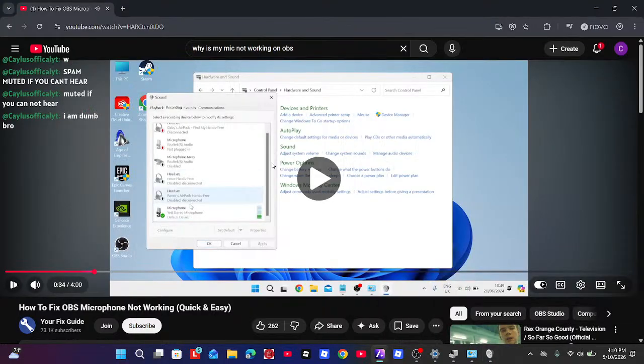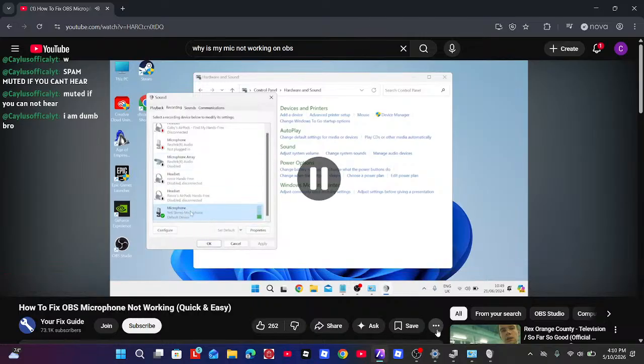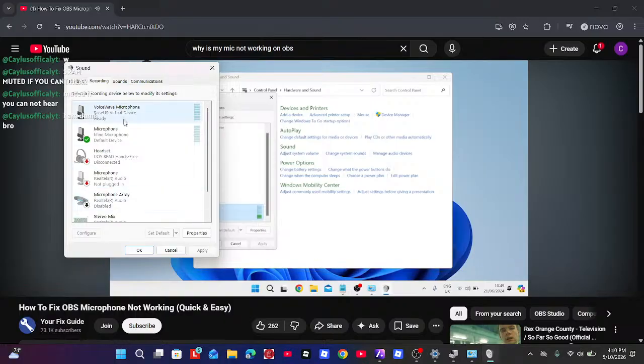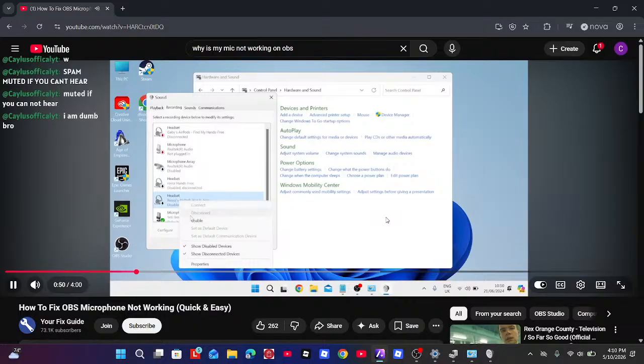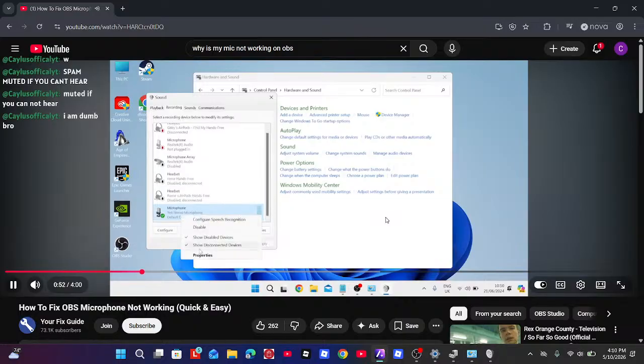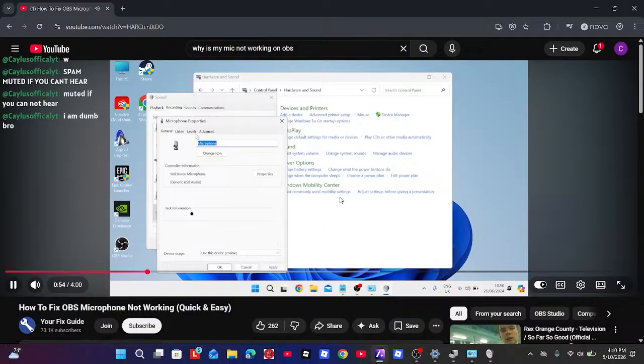Make sure your microphone is actually enabled by right clicking and selecting enable, and then set our microphone as the default device, and to do that just select your microphone and hit this set default button down here. And it's also a good idea to disable any devices we're not currently using just by right clicking and selecting disable. Then we need to right click on our microphone and come over to properties inside of the levels